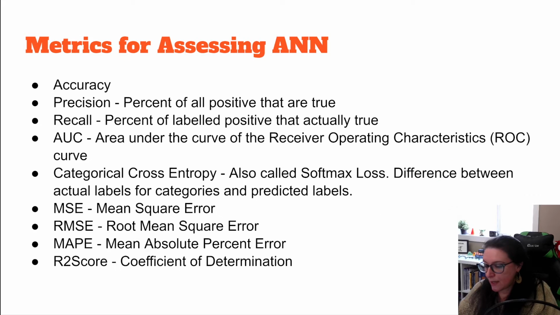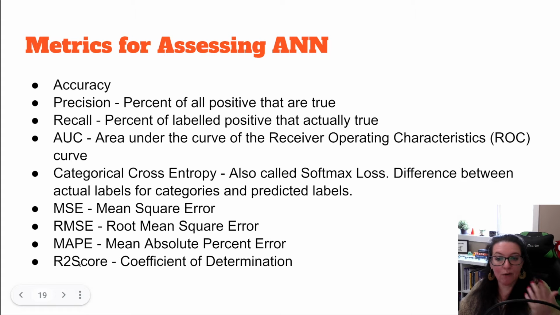We will then also need to choose some metrics for assessing our model, and that's going to depend on what type of model we have. Accuracy, precision, recall, and area under the curve are all for binary classification. Categorical cross entropy is for when we have multiple labels. In this case, with our regression model where the output is going to be interval or ratio, we have the choice of mean squared error, root mean squared error, mean absolute percent error,